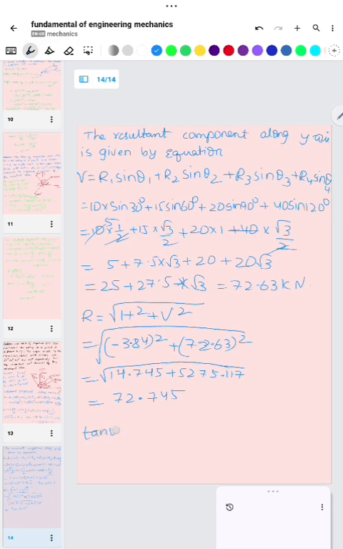Then the tan theta value is given. So why are we calculating tan theta? We want the resultant for directional force. For the direction of the resultant force, tan theta equals V by H. So vertical force we got 72.63 and horizontal we got minus 3.84. So after calculating this, minus 18.91. This is the answer. So it is clear that theta lies between 90 and 180 degrees. So the angle whose tangent is minus 18.91 means